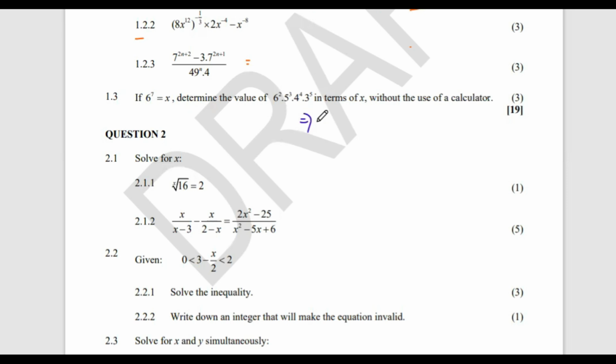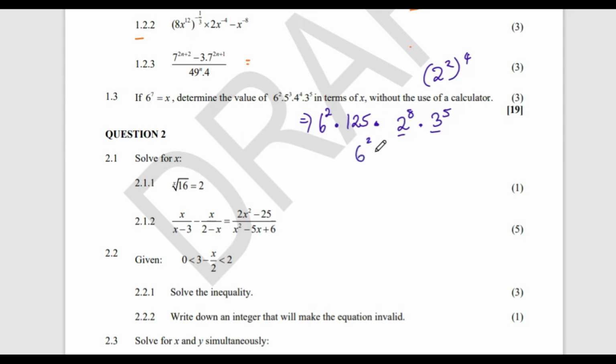So what I'm going to do here, I have a 6 squared. 5, there's no way 5 is going to be changed into 6. So I'll just leave that 5 cubed as it is. Then 4, I know 4 has an element of 2. So I know that 4 is 2 squared. And then I have a 4 up there. So that's going to be the same as 2 to the 8. And then 3, I can't break it further. So I know when I multiply 2 by 3, I get a 6. So I need to split this 8 so that I have an exponent of 5 and whatever is left.